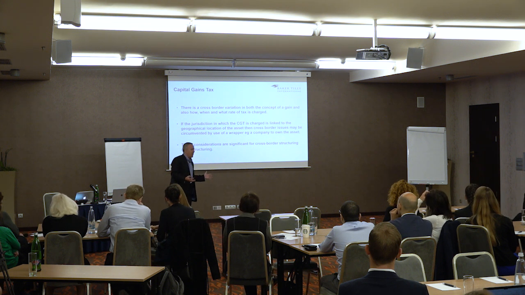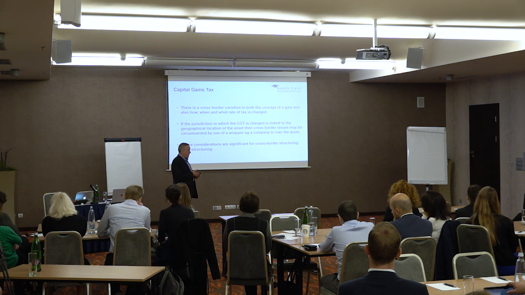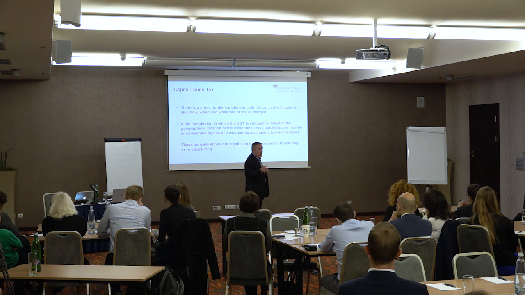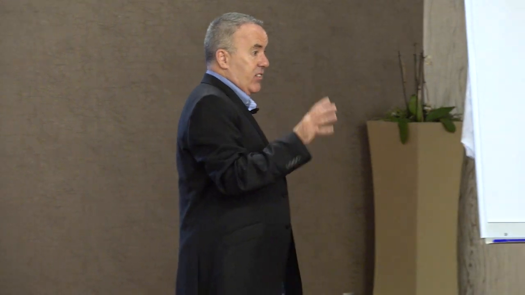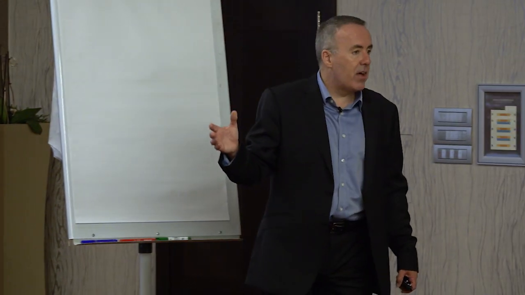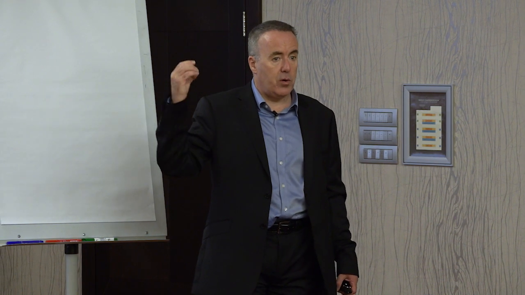So if you've got property in a particular country and you sell it, then the primary taxing rights lie with that country and not with the country where the person who owns the property may be. Strangely, in the UK, that wasn't the case until very, very recently. If you were a non-UK resident individual and you owned flats in London, like lots of my Russian clients, then if you sold them, you were completely outside UK capital gains tax because it's purely governed by the residence of the individual.